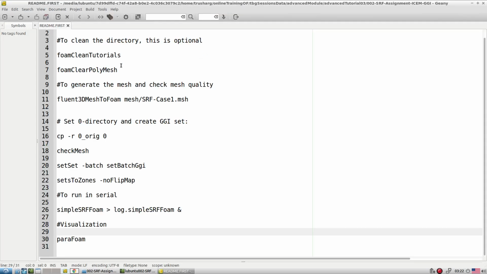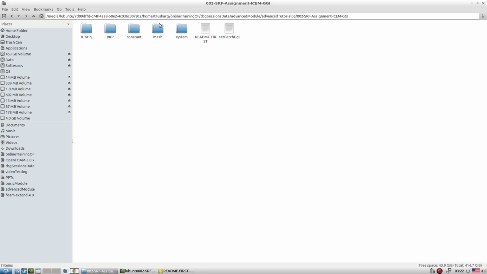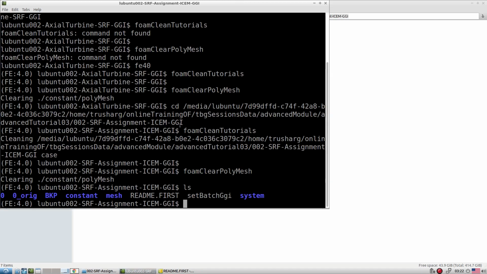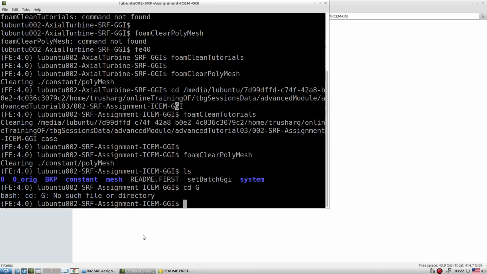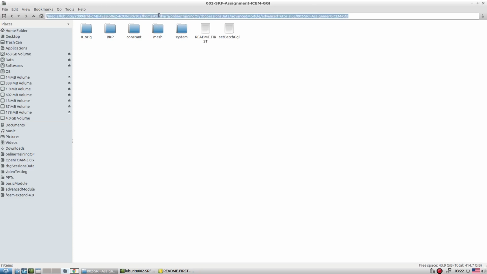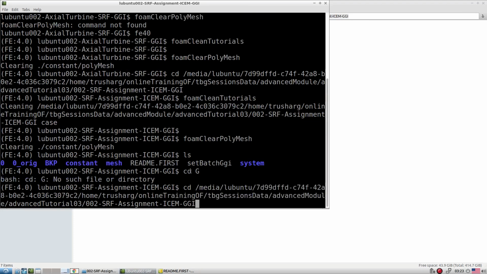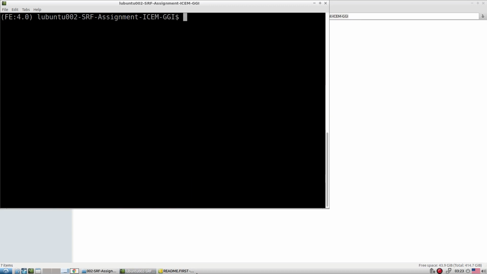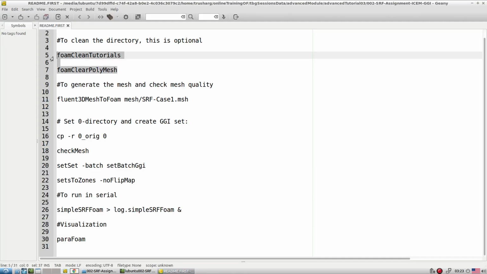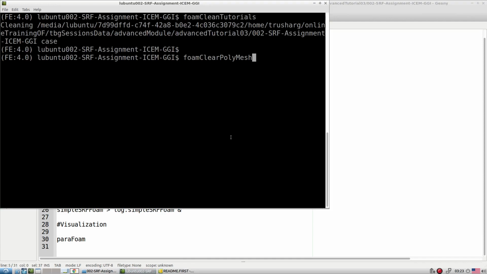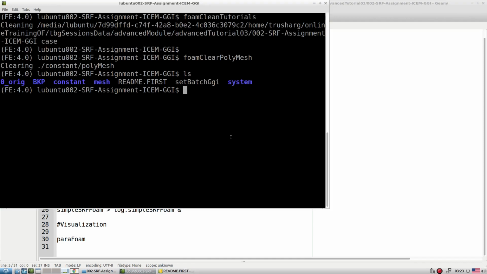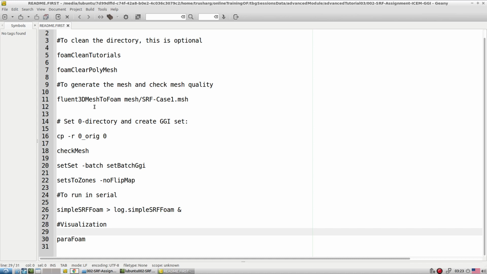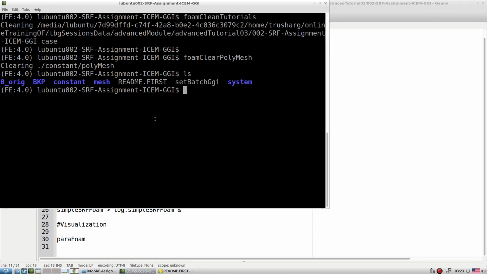So let me quickly open the file. Let's first go to the area where we want to run the case. So let's first clean the case. Then we are reading the file, and it is a three-dimensional file, three domains.